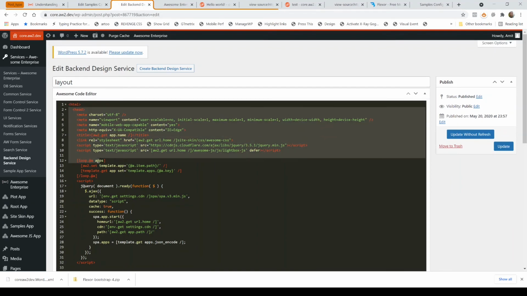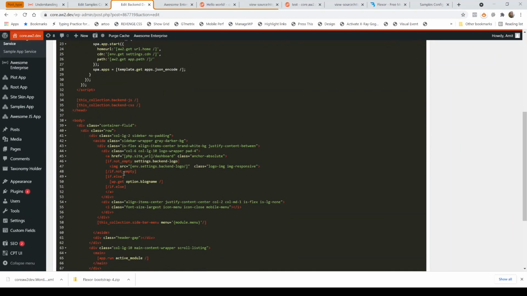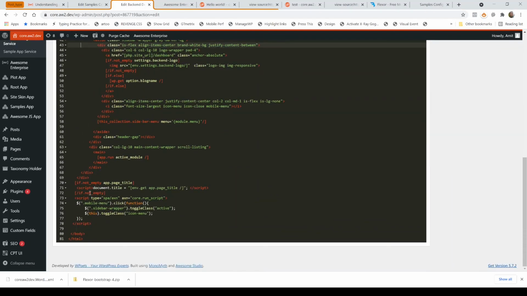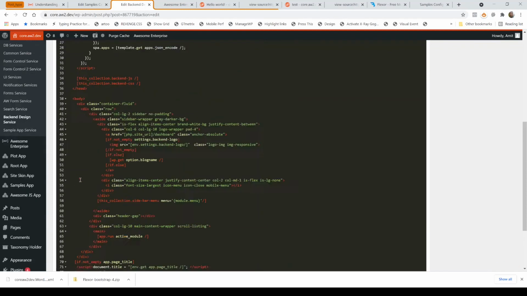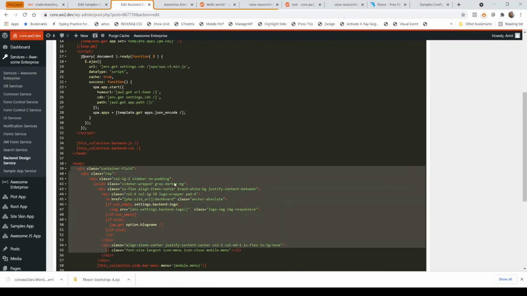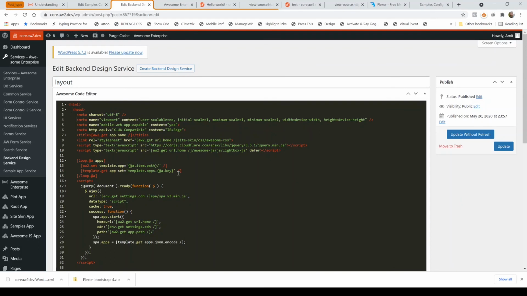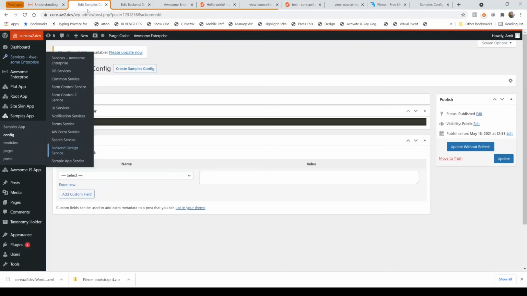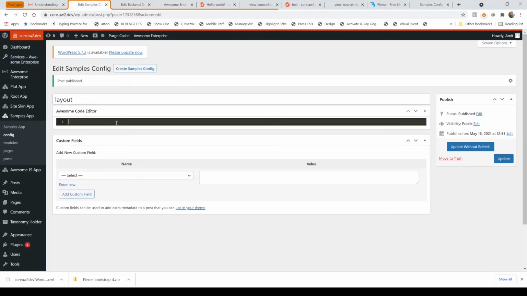Basically, your own head, meta, your own body closing tags, and your own header footer, whatever you want to do. Complete customization is possible. Now, we are going to use this layout service, backend layout service, so that